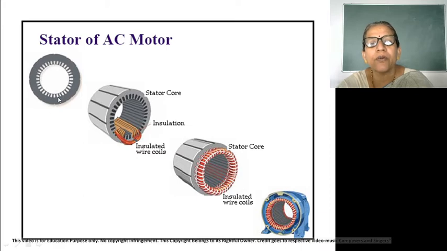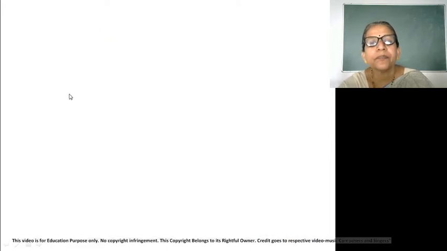So now we have seen the construction of the stator. The basic point you should note is that it is not a solid cylindrical drum, but it is formed by laminations. Inside the stator we are keeping the rotor. So we will see one by one what the rotor parts are.